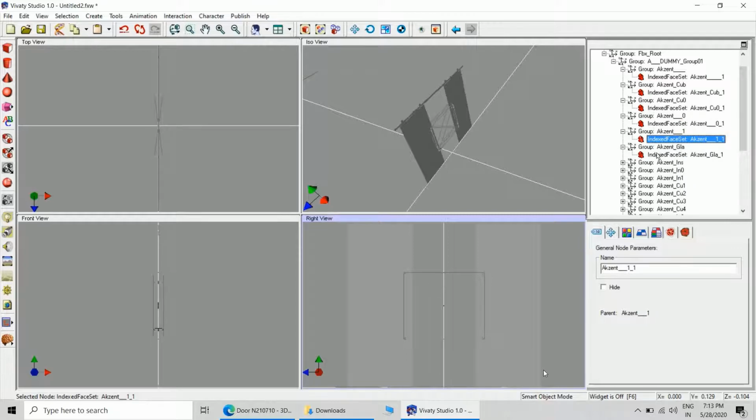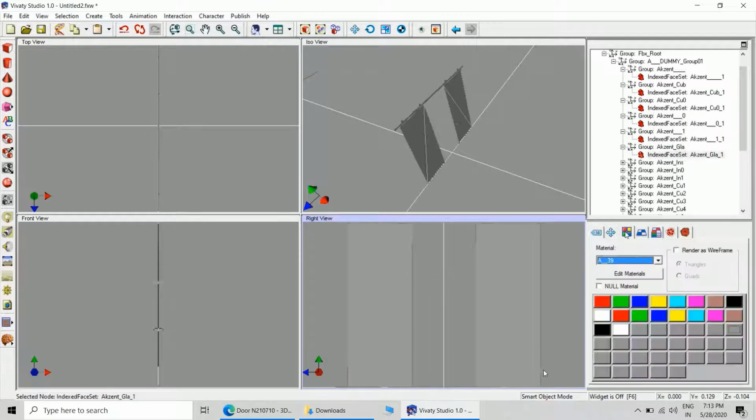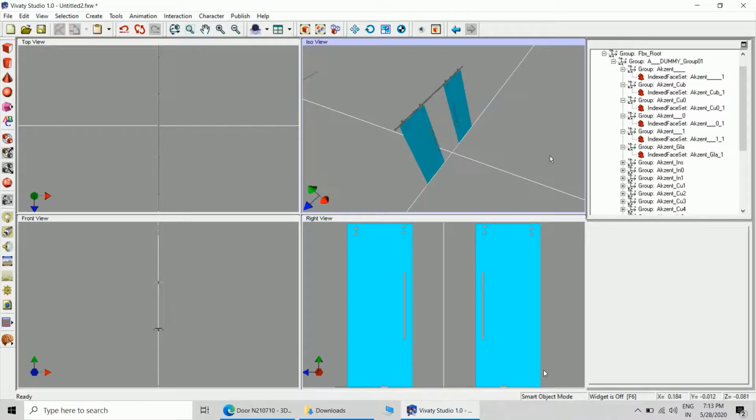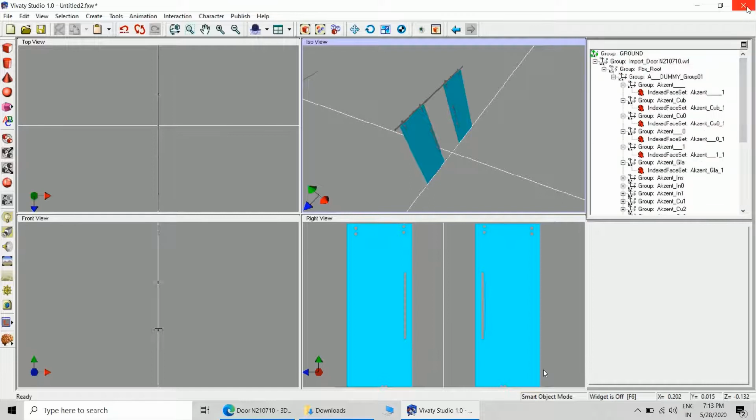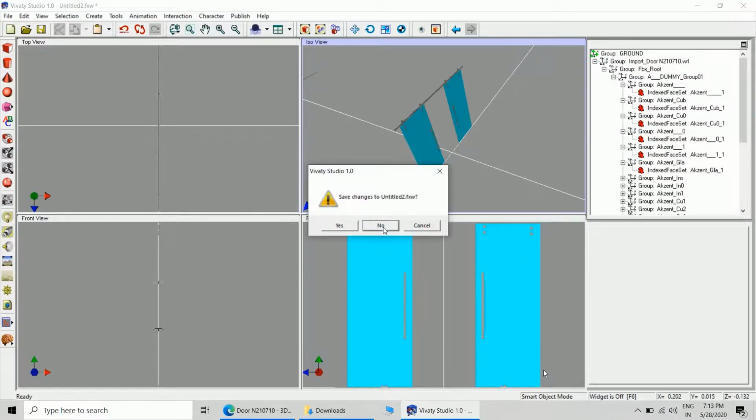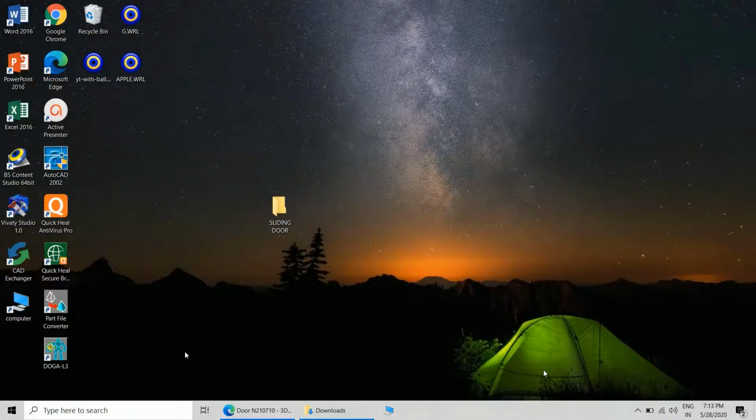Actually we want to minimize the number of groups, and you can see that both the panels are in the same group. If you make changes in one panel, the other panel will get affected. That's why we want to separate the panels. I want these to be two different entities.